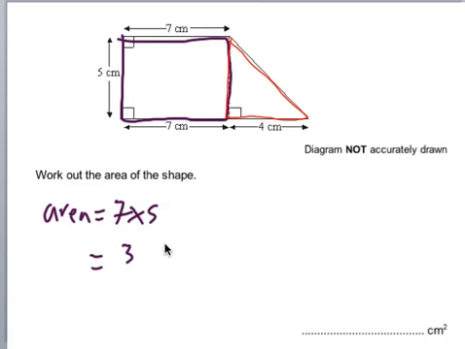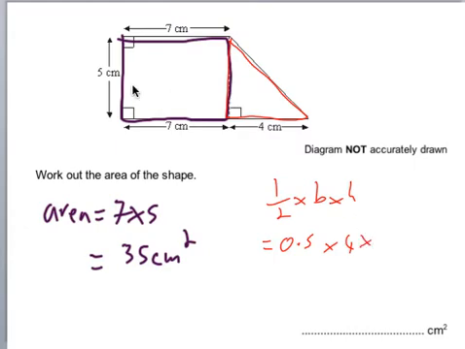And again, we mustn't forget that we've got centimeters squared. And then the area of a triangle, again, we're doing half times base times height. So if we had a calculator, we would do 0.5 times base. I know that base is 4 centimeters, times by my height, which is 5 centimeters. So we're going to do 0.5 multiplied by, in this case, 20, and then that would give us an answer of 10 centimeters squared. Add this one and this one together, we get an answer of 45 centimeters squared in